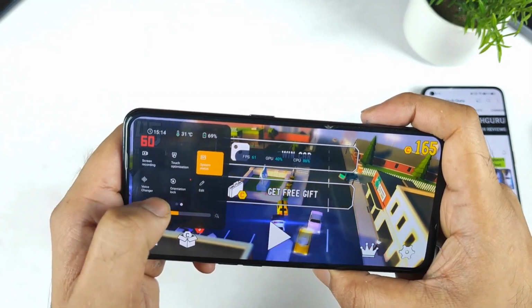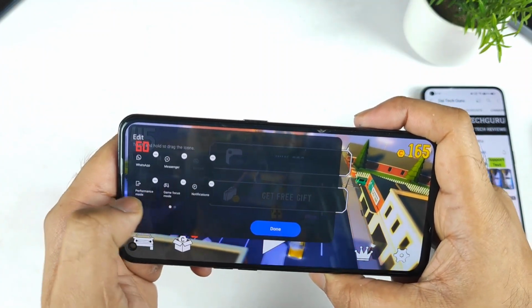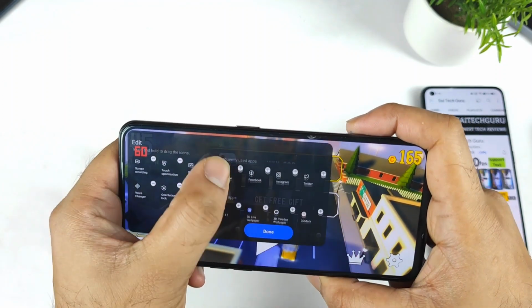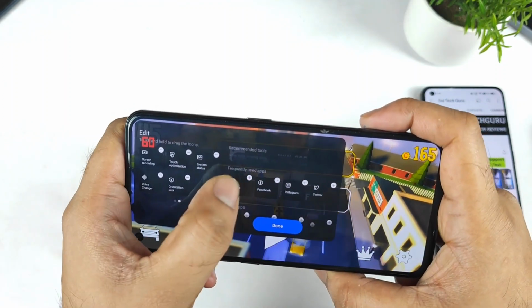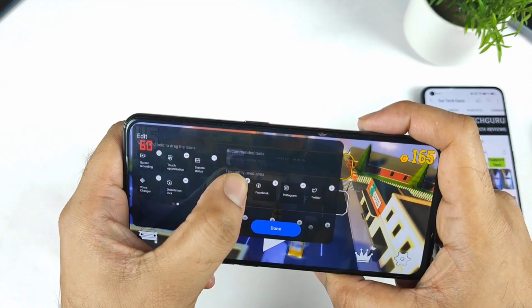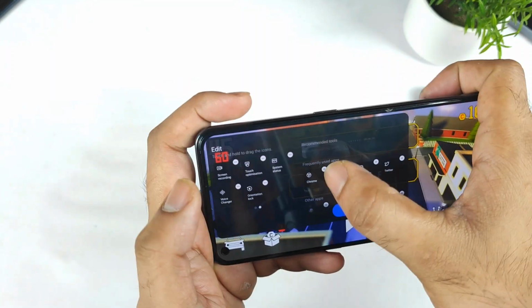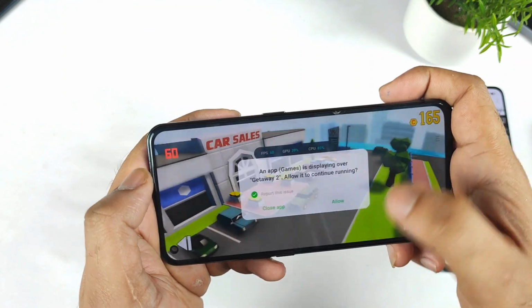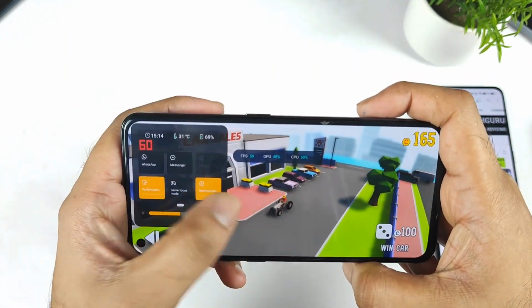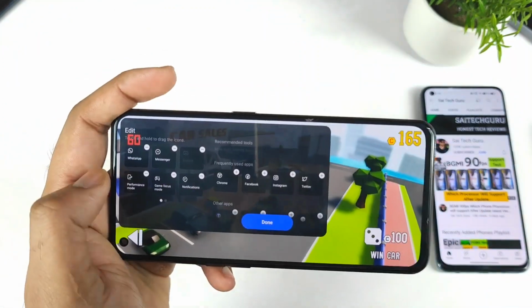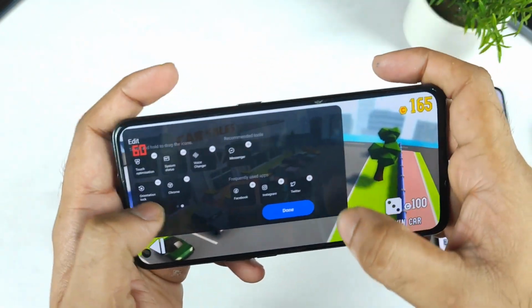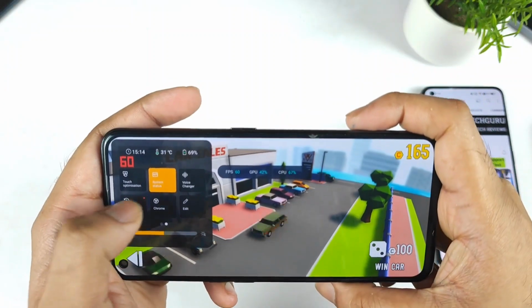Voice changer and orientation lock you can have, and edit, and you can get this kind of edit option as well, as you can see. There are plenty of other applications that you can add as well. Chrome you can add. Remember to click add. So it's displaying, yep. Maybe I need to delete some of the applications and then add Chrome as well, I think so. Yes, Chrome got added successfully.